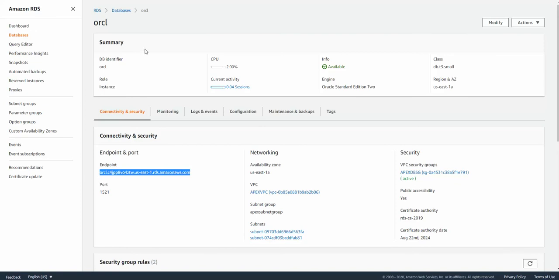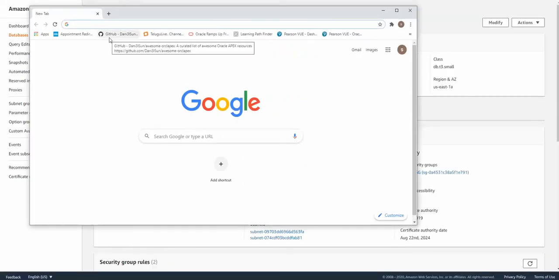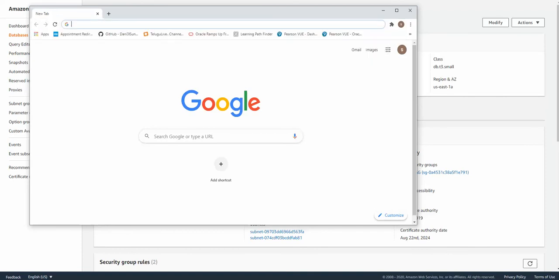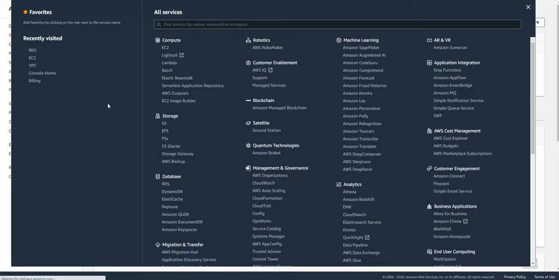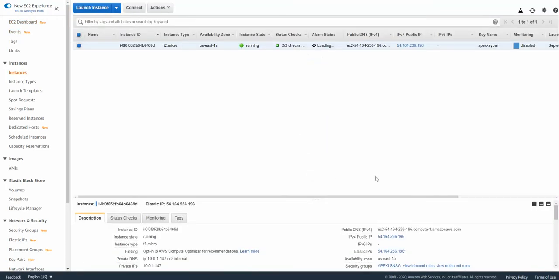We have to pick the EC2 instance as the host name. So let me jump back to my EC2 instance, and my running instance's public DNS.